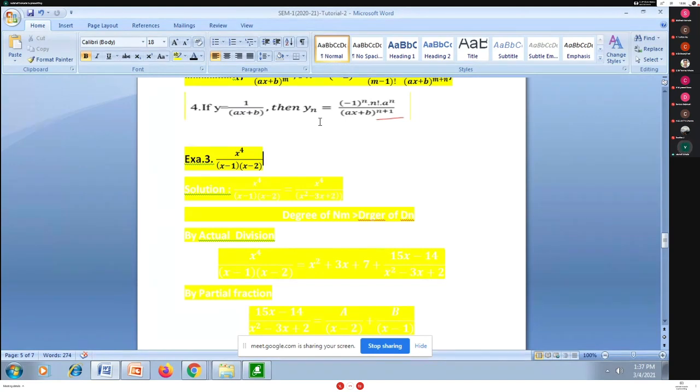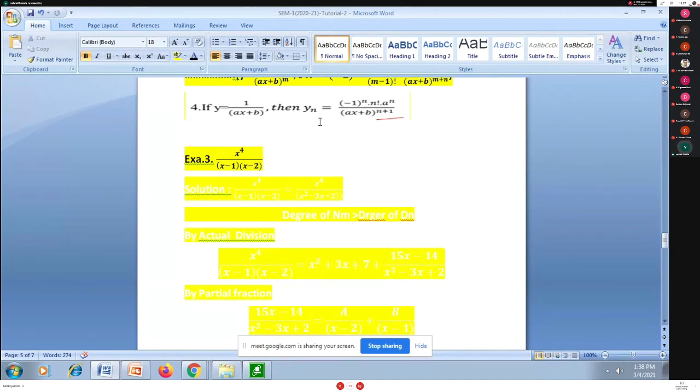But the examiner will not give you any marks for that, or some examiners will give only a few marks. If the question is asked for 5 to 6 marks, then the examiner may give you 0 marks directly, or some may give only half of the marks. Why is it so? See here, what is the degree of the numerator? It is 4.